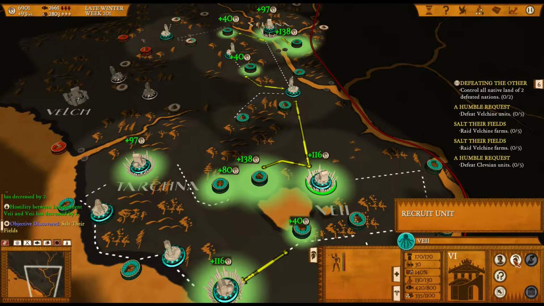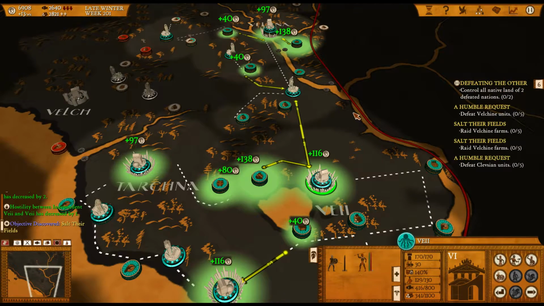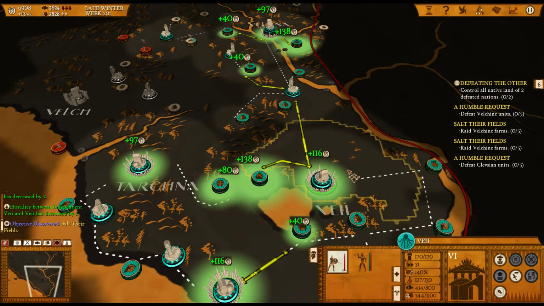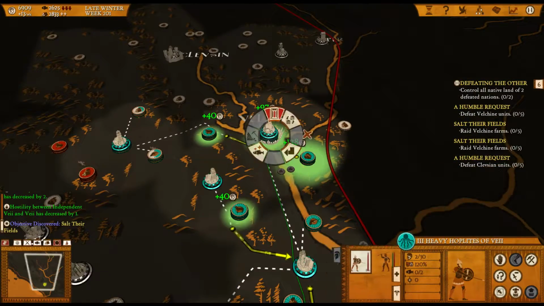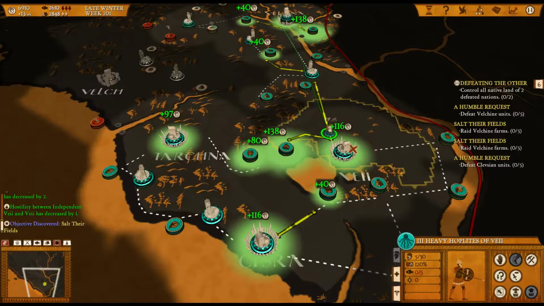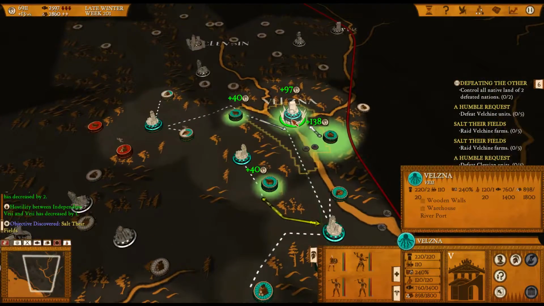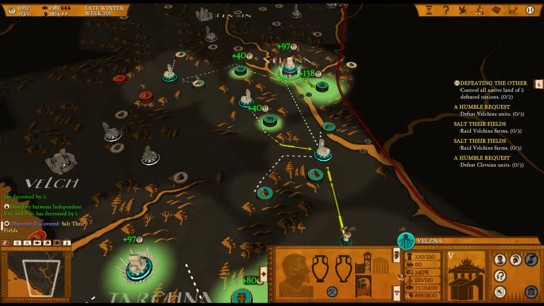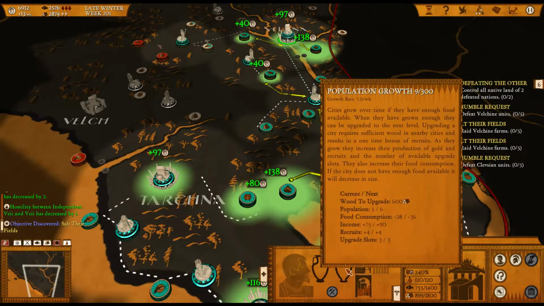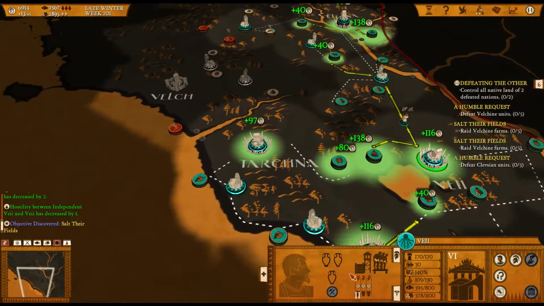Okay, so that means that we could recruit another unit of heavy hoplites. I'll do so. And I will send them to the front as well. So now we are slowly getting an army. I totally always forget about upgrading all the cities. Not sure why, just because it's not being shown clearly. You have to go into the city